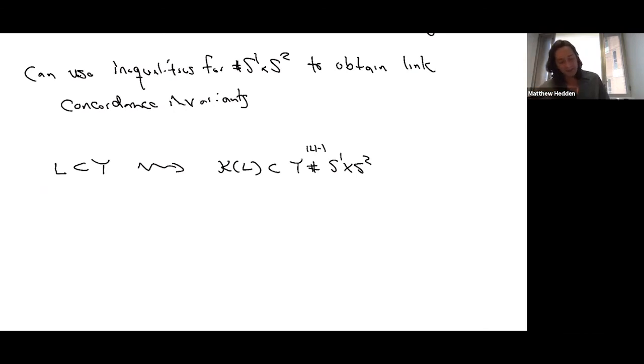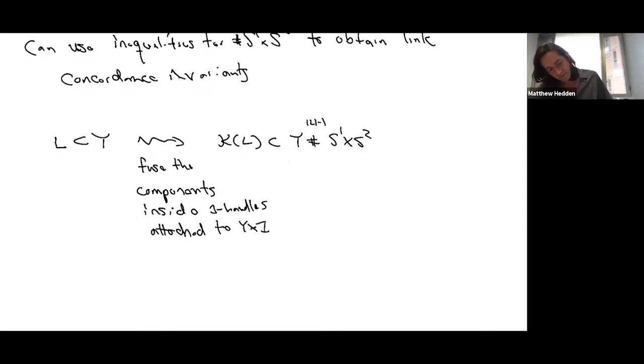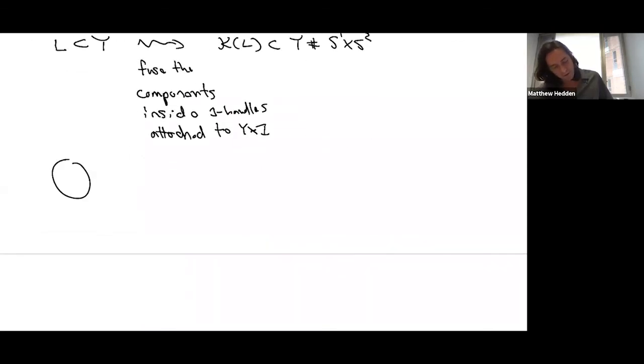The basic idea of this process is to fuse the components inside one handles attached to Y cross I. So if I have, say, a 2-component link such as the Hopf link,